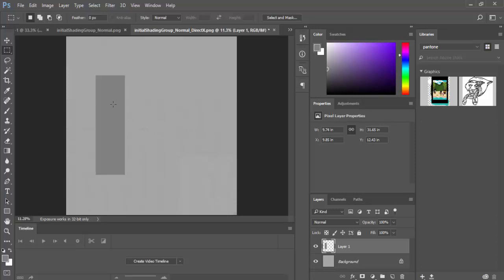Okay, so if I make this gray right here, that's like my surface. So pretend that this is my surface, perfectly flat, 50%. Anything that's white is going to bump this way. Anything that's black is going to come this way. Like, not just look like it is, it physically will bump out and bump there. You could actually take